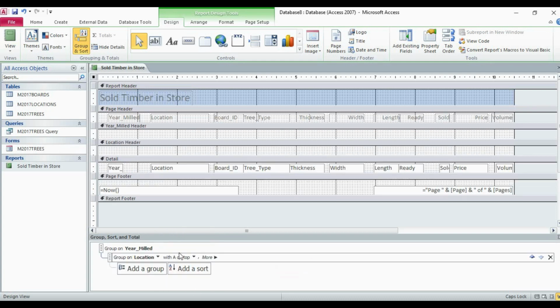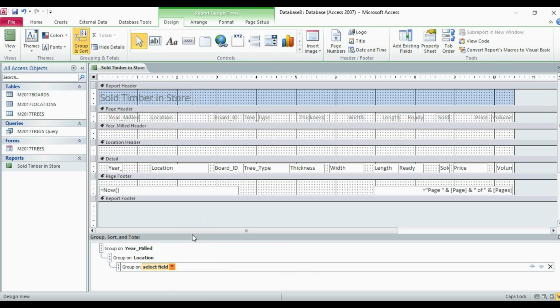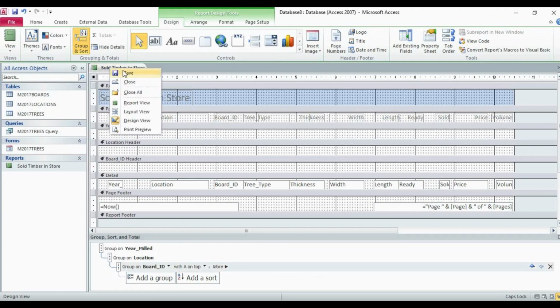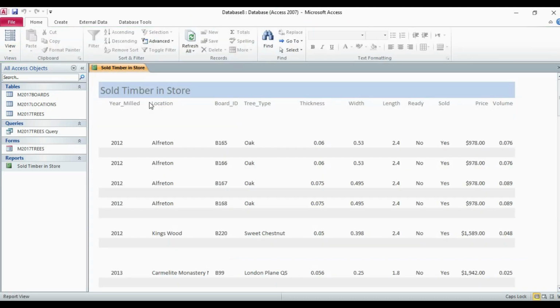Automatically it has taken ascending order by default. Ascending means smallest to largest. Next, board ID again. So first of all, I save it. Now I go to the report view. Now sorting has been done.